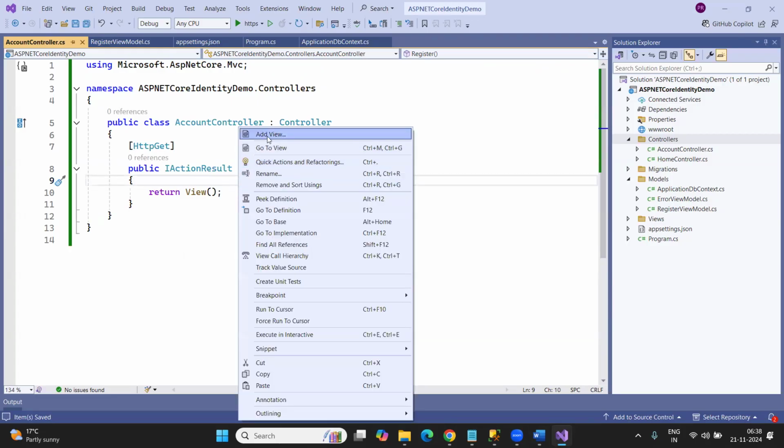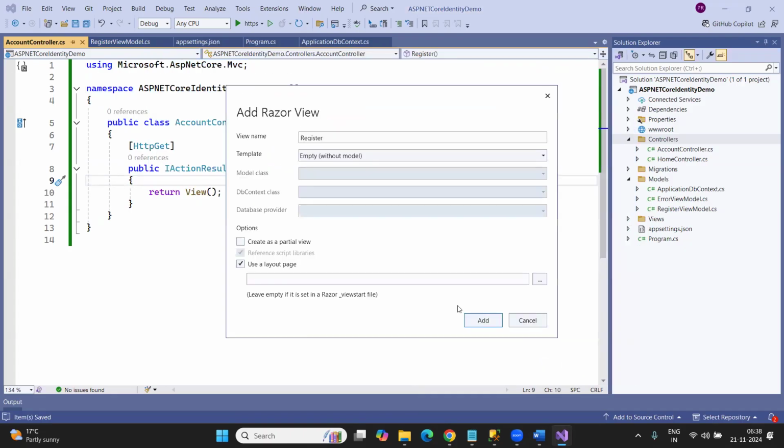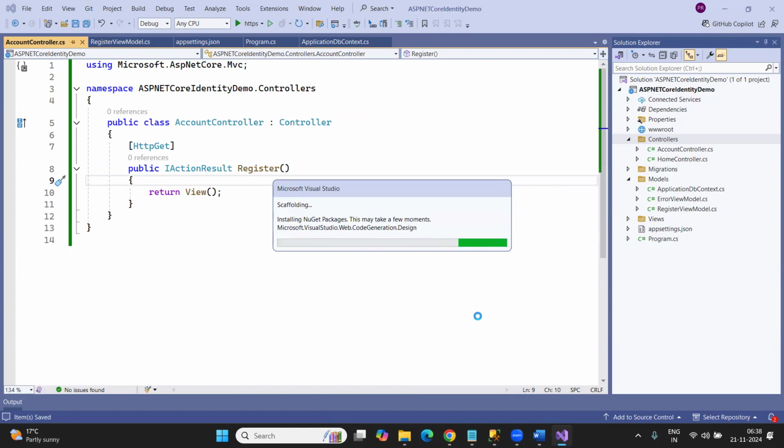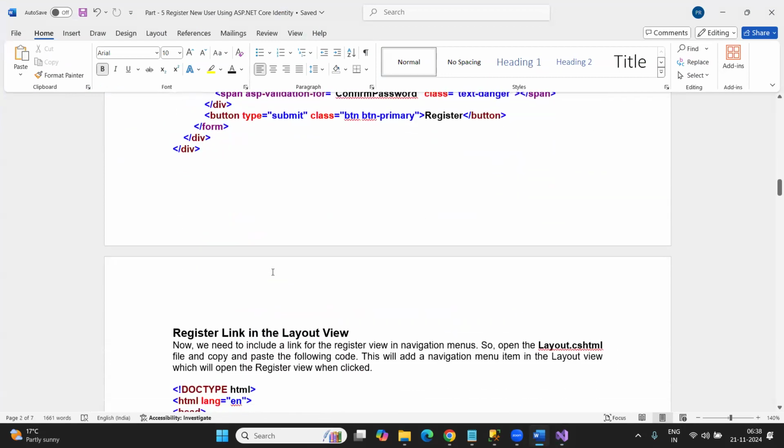So let me go ahead and create the view. So this is my view. And guys, tell me for this view, which one is going to be the model? For this view, which one is going to be the model? Register view model. That is what we have just created, the register view model is going to be the model. Okay. So what I'm going to do, I'm going to use register view model as the model, and I'm going